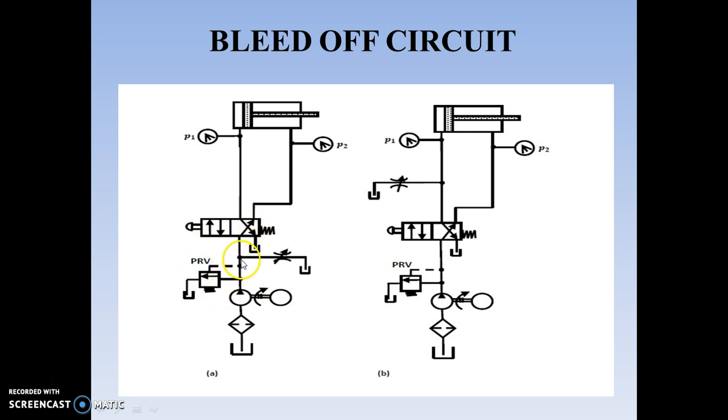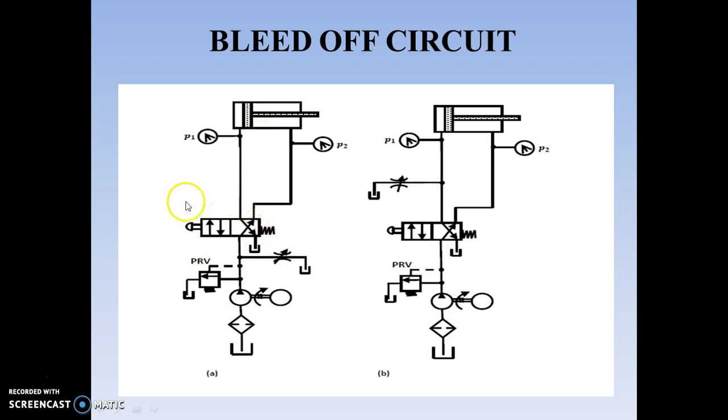Now here we have a point which is flowing through a flow control valve. You can see the flow control valve here. This is an extra line. That means extra liquid is drained through an additional line through a flow control valve into the reservoir, as a result of which less liquid will be reaching the actuator.